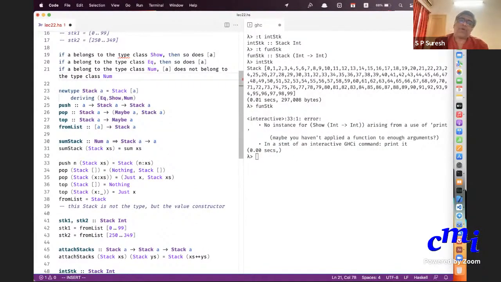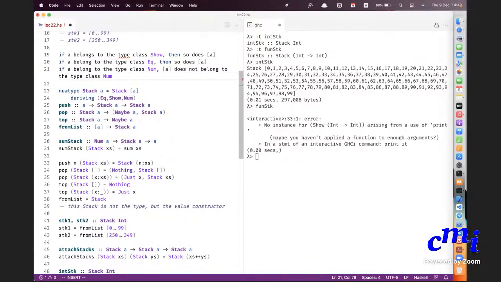Why? Because you need to have a notion of summing two lists, adding two lists, subtracting one list from another. That doesn't make sense, right? But equality and showing does make sense. If each element in a list is showable, then the whole list is showable.